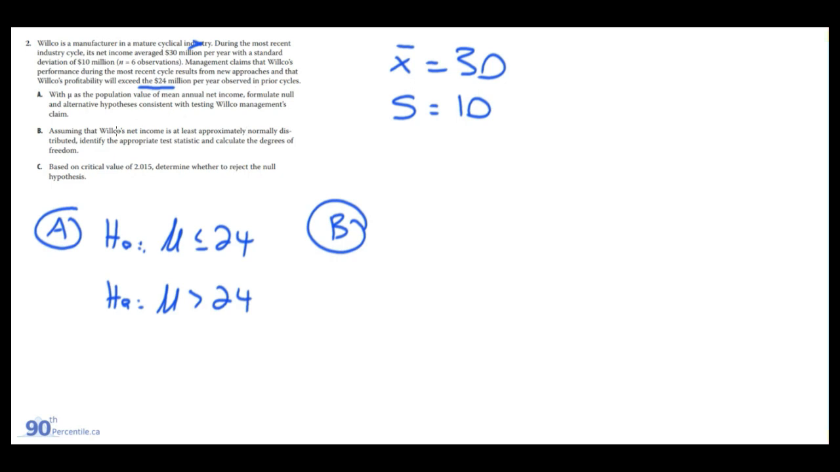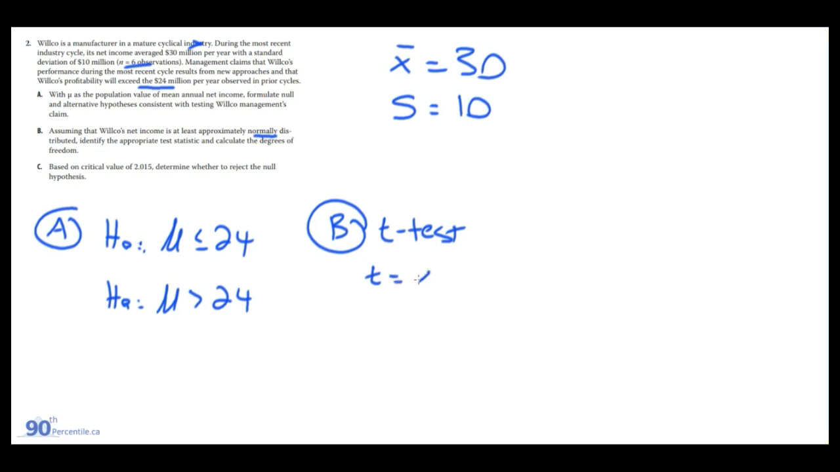For B, assuming that Wilco's net income is at least approximately normally distributed, identify the appropriate test statistic and calculate the degrees of freedom. I'm having trouble saying that today. So what are we doing? We got to identify the distribution and the t-stat that we're using, and it's going to be the t-test because we're assuming it's approximately normally distributed. We have less than 30 observations, 6. So we're going to be using the t-test, and to calculate the stat that we're going to compare to the